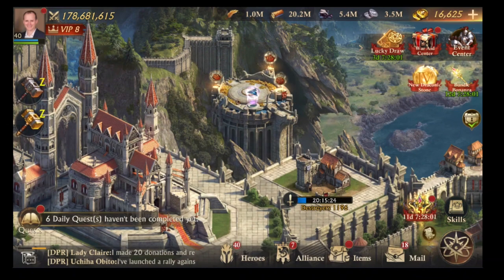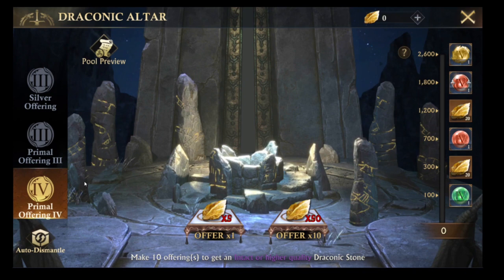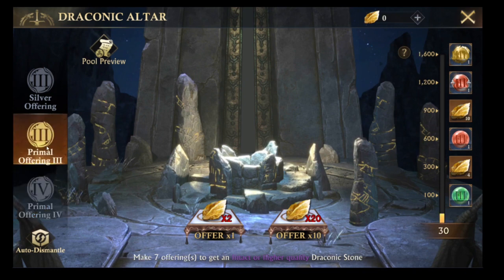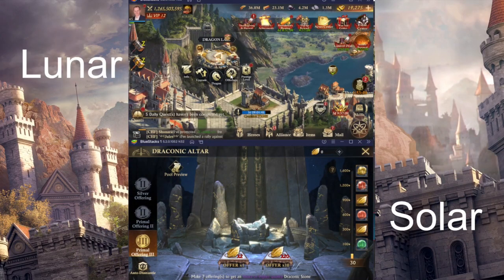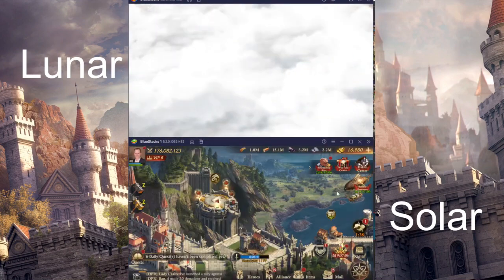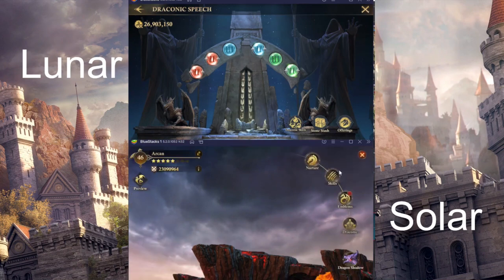So having just finished filming my sequence on the difference between Lunar and Solar, they've actually made a change in Solar. The offerings now have level 4 primal scales in addition to the level 3, and they've actually removed the level 2. Now the stones also have different values for the elemental scores, so if you go into your dragon and into a draconic,